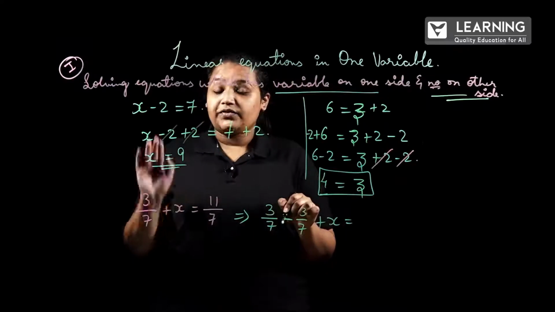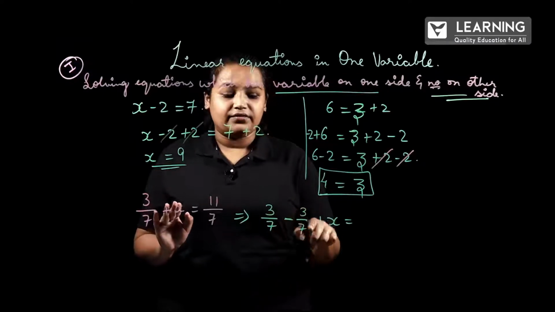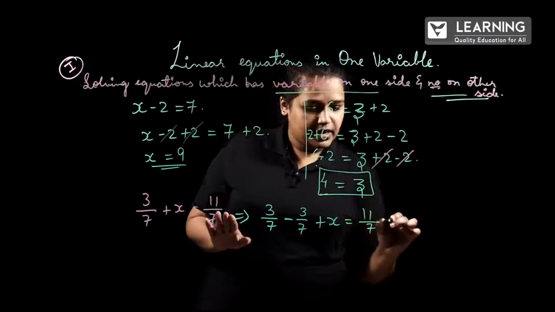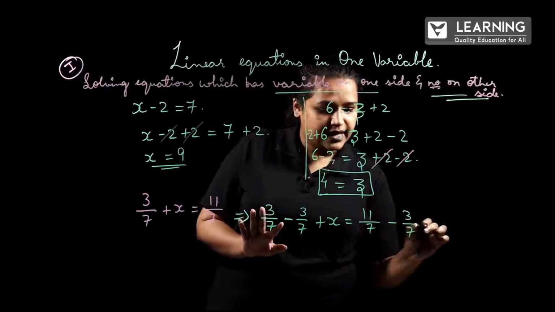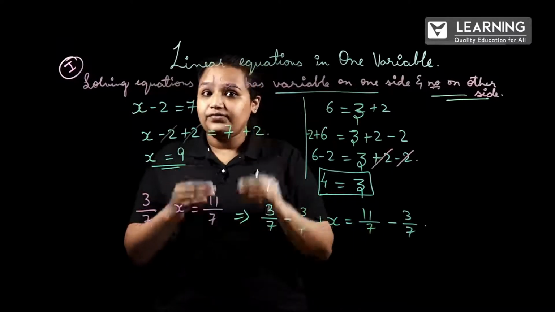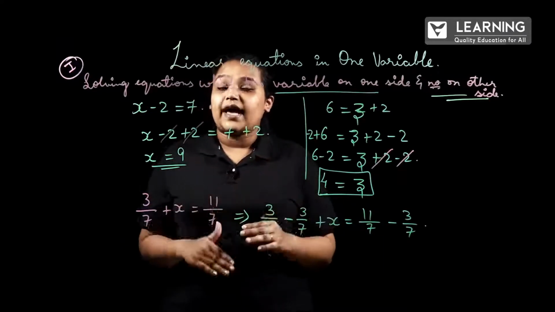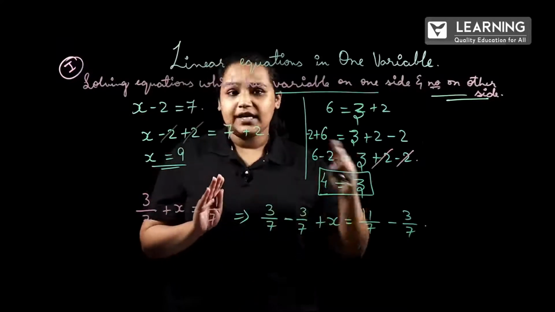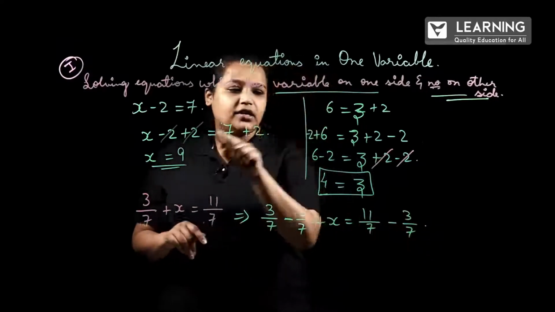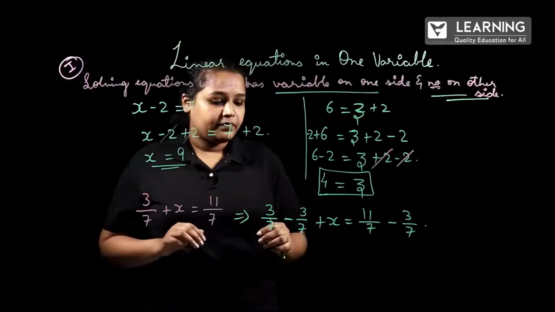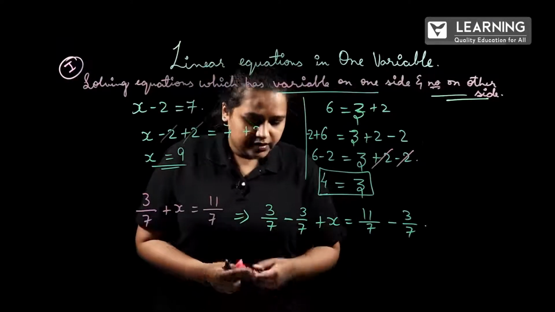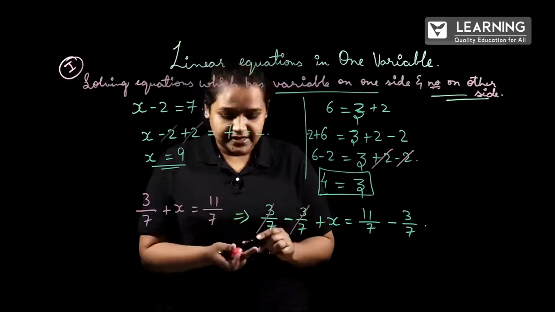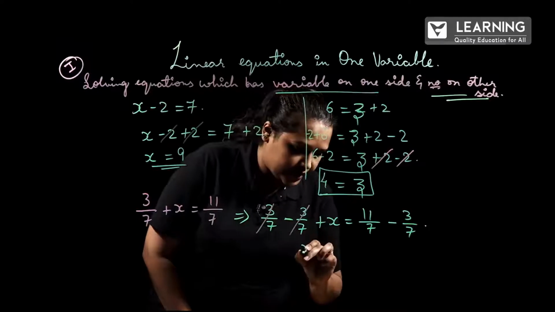So what we have to do? We have to take minus 3 by 7 on the RHS as well. So here it is 11 by 7 minus 3 by 7. If we are taking the same number with the opposite sign on one side, you have to take the same sign and number on the other side. That's what we have done here, and all the problems will follow the same step. Next, here 3 by 7 will get cancelled since it has opposite signs. So the value of x will be equal to,